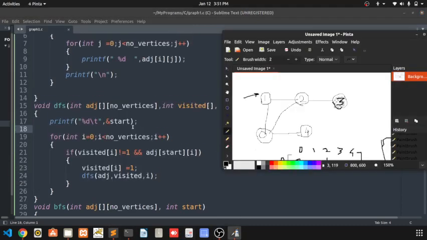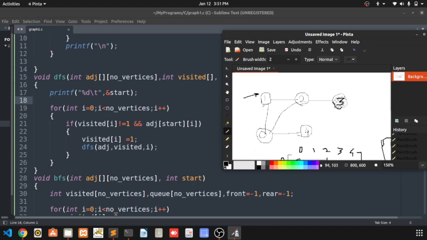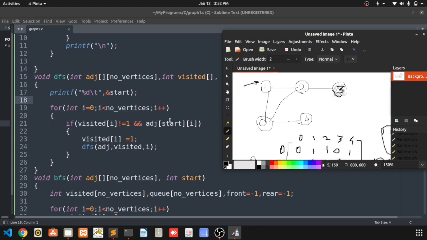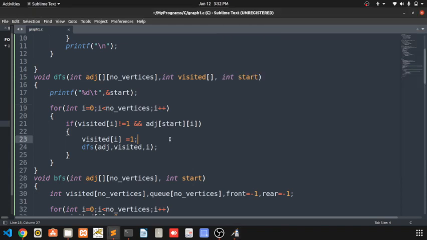What I have done here is checked whether there is any unvisited adjacent node to this one. If there is, then call DFS for that node. For that node it will go till there is an end. For 3 there is an end, so it will go back. In this way it will backtrack and solve this program and give us the desired answer.